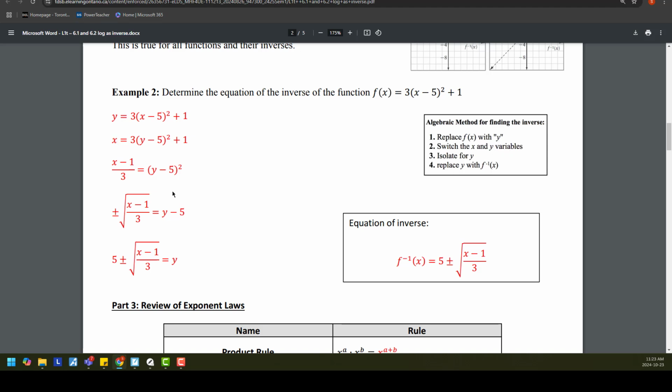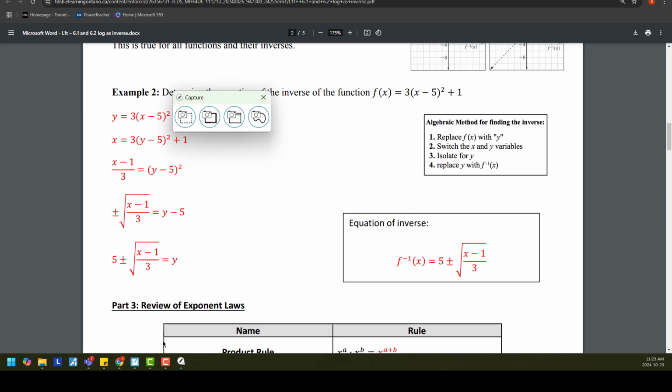You isolate for y. And once you've resolved the equation for y, you replace y, in this case, with f^-1(x). And this is not f to the exponent -1, so don't confuse this minus 1 as an exponent. This is just inverse notation. So the inverse f^-1(x) is equal to 5 plus or minus the square root of (x minus 1) over 3. And I'm going to show you how to do this,